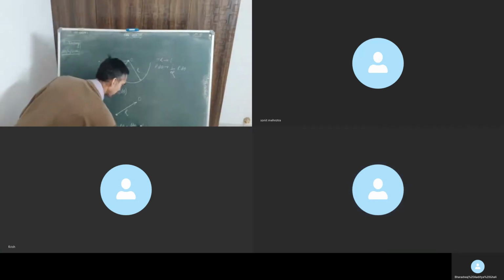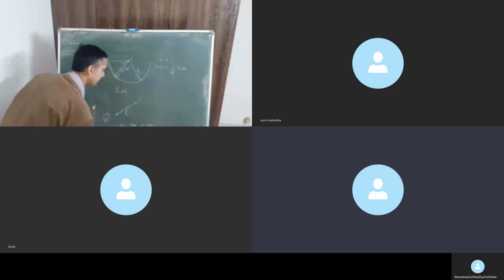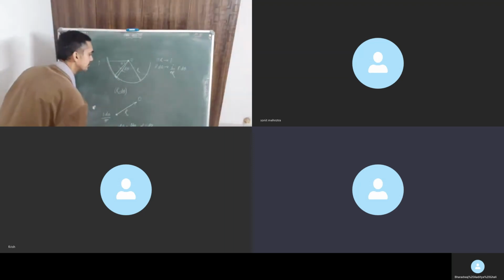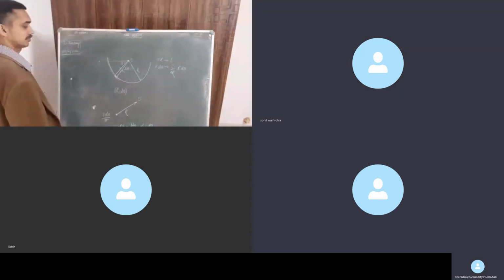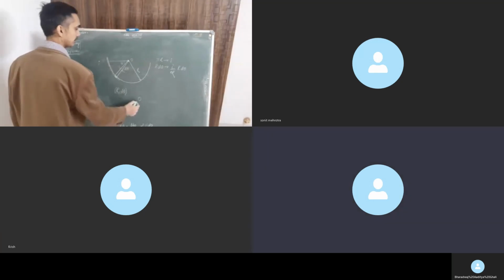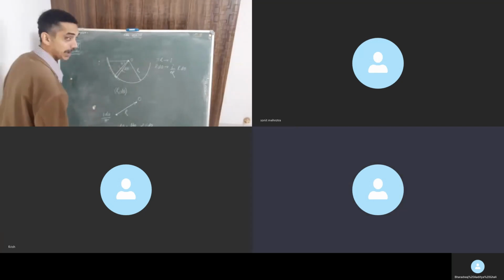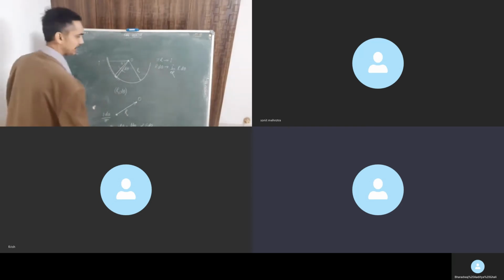Mu naught by 4 pi, twice I, and that I is this, twice of pi d I theta by pi, divided by pi. Okay, divided by... So what is this portion for? This is the spot. What is the spot? Where I am finding the field? R cube. You divided by R cube. What are you saying, Pratyush? Again, divided by R cube.